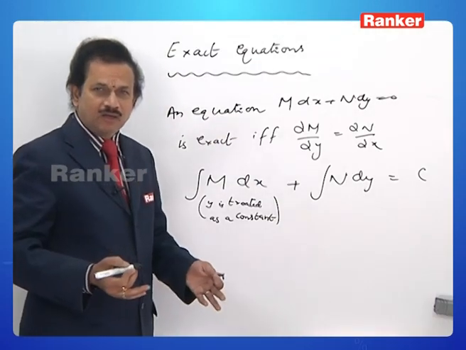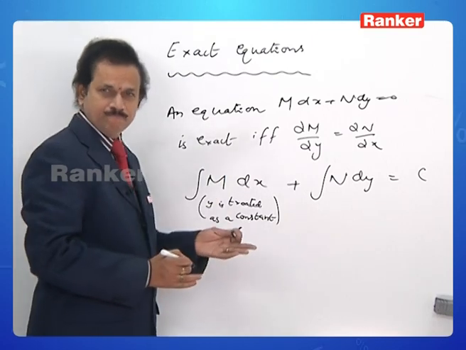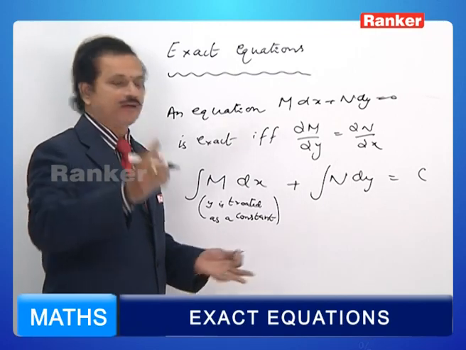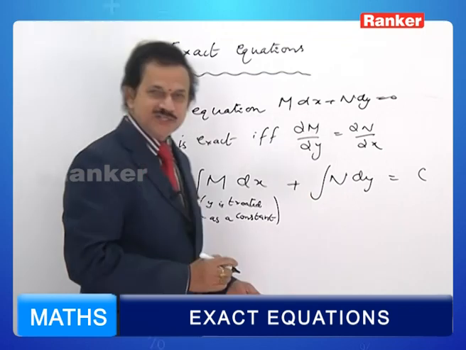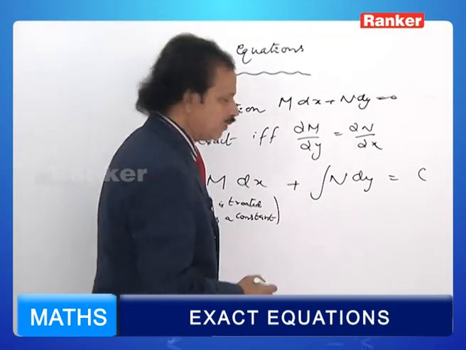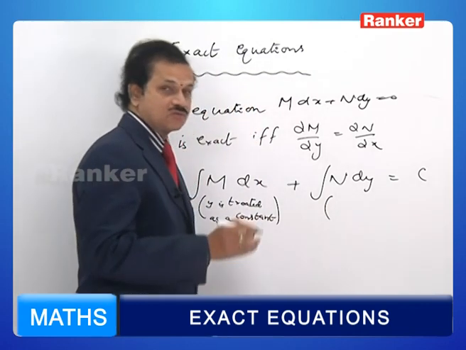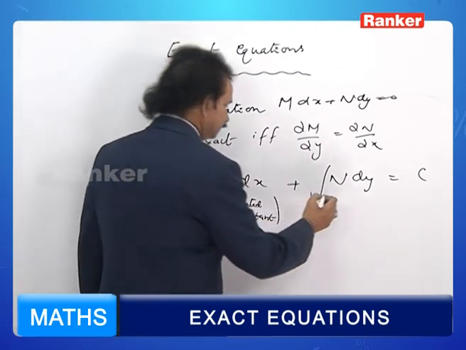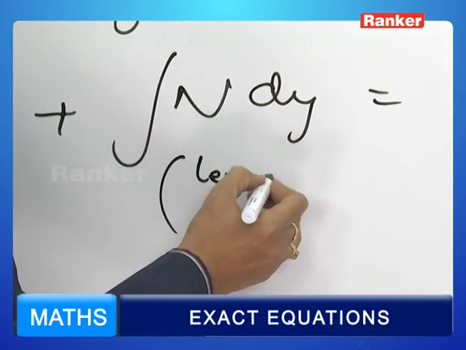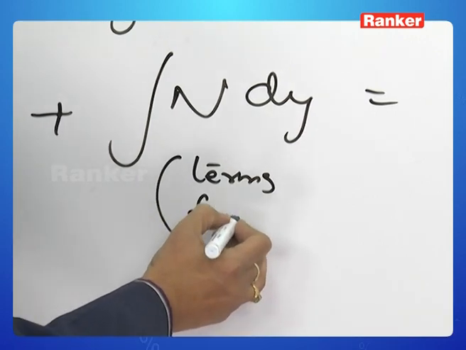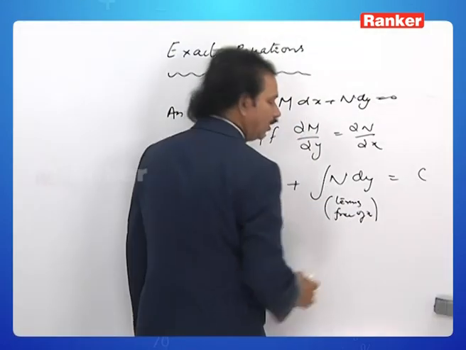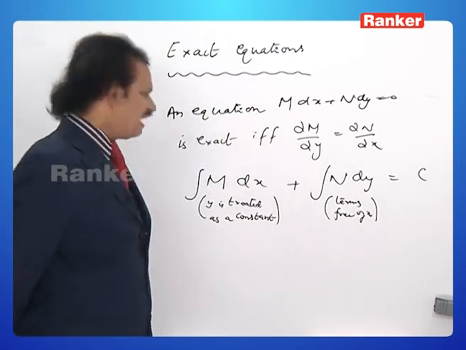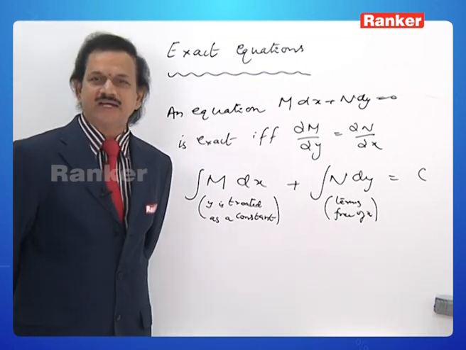M is a function of x and y, you see. In M, if at all there are some y's, you are supposed to take that y as a constant. And while integrating N with respect to y, you are supposed to take those terms free of x only. By following this condition, you can have the solution directly for that equation, provided that the given